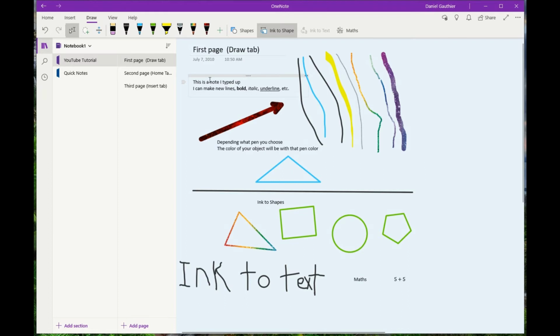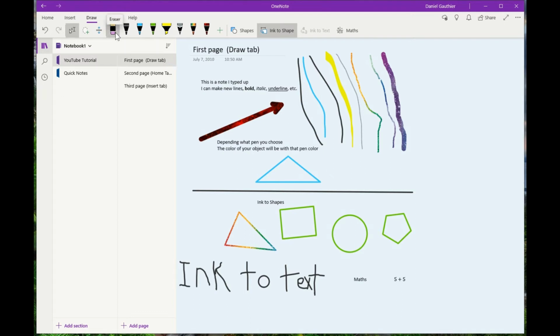So I've typed in some stuff in here, and you can see that you can modify the font as well, bold, italic, underline, and with these sections here, you can take them and move them around as well, so it can go anywhere on the screen. So that's one of the good things about this, is that you can actually rearrange everything on your screen after you've inserted it. So you don't have to line everything up perfectly right away. Just scribble notes down, insert pictures, draw charts and diagrams and all kinds of stuff.